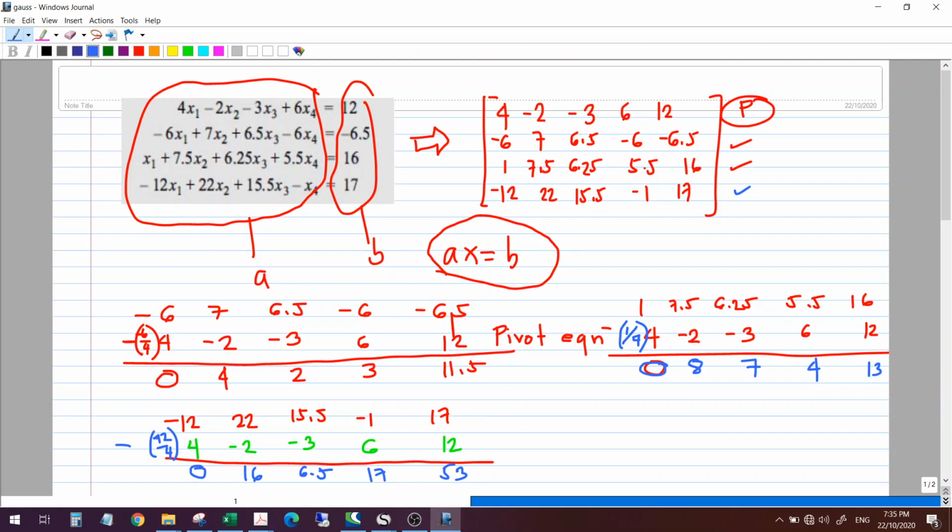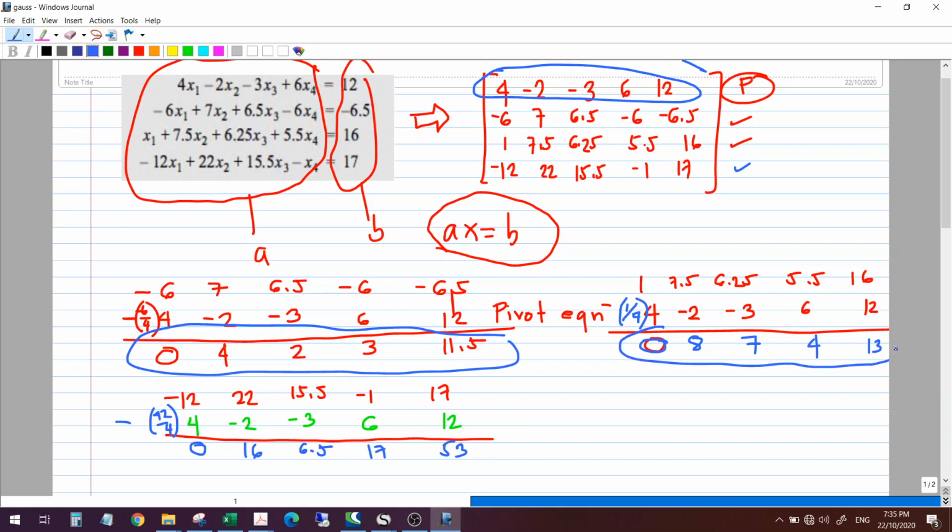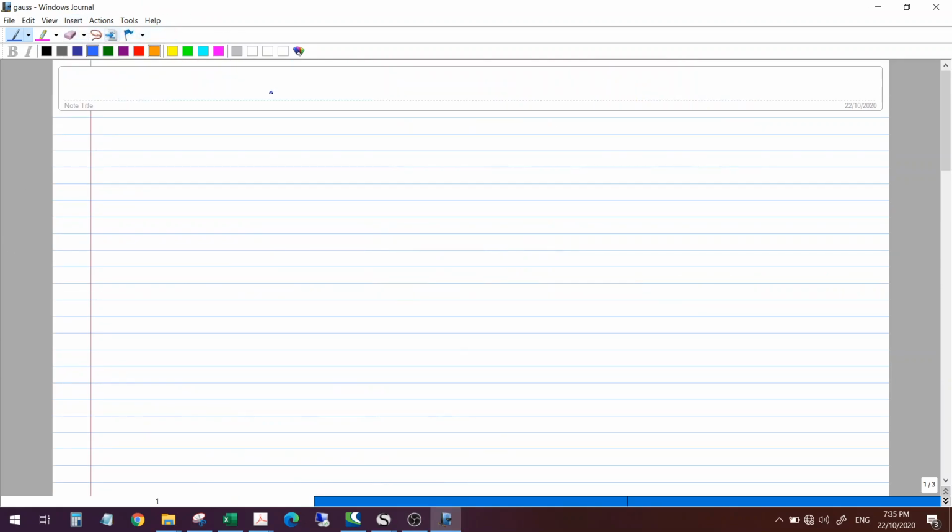Okay, so we will now have a new matrix. Our matrix here, the original matrix here, will become this retains. Sorry, this retains. The second row will be this. Okay, the third row will be this, and the fourth row will be this. Okay, so let's rewrite that. So if I rewrite that, say that is matrix C. Our matrix C now will be